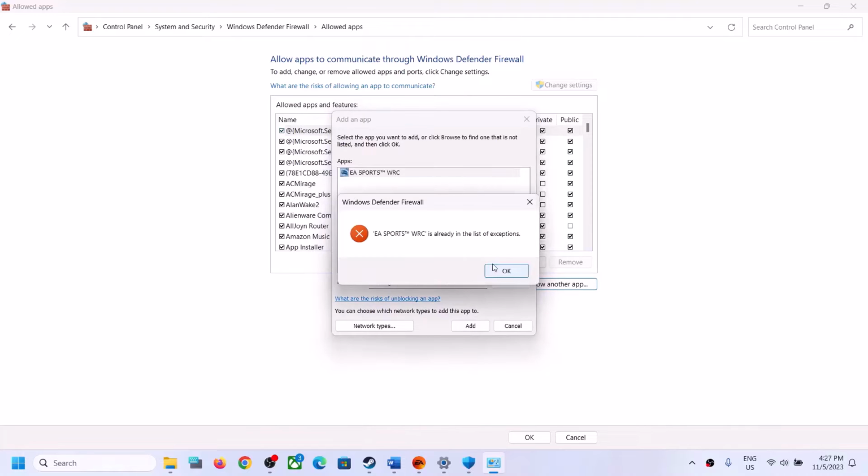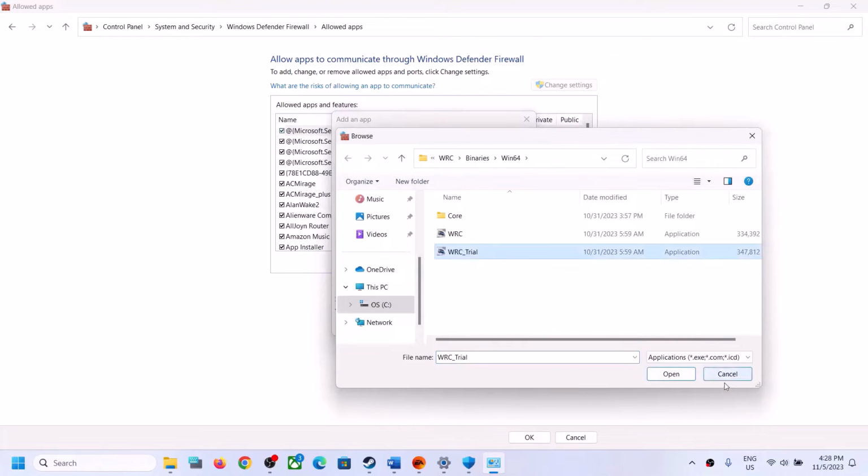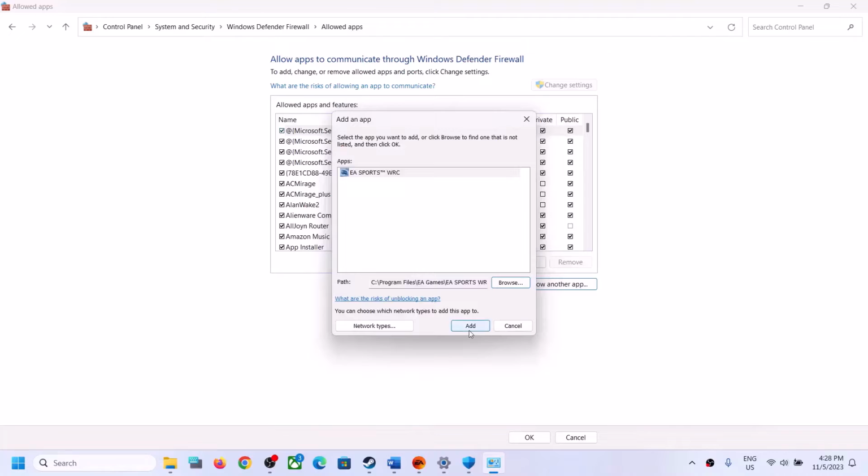Now click on add. In my case the game is already added, so it's telling me that it's already added, so I already added this. Now again click on allow another app. Now click on browse, select the second exe file and then click on open. Now click on add